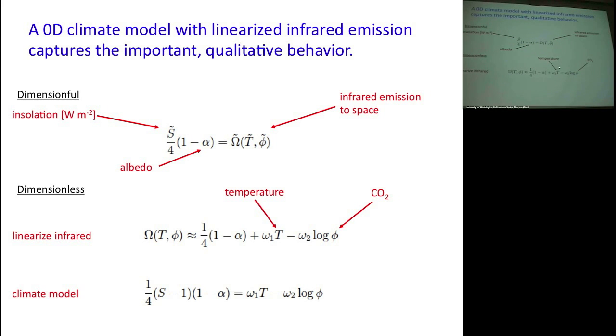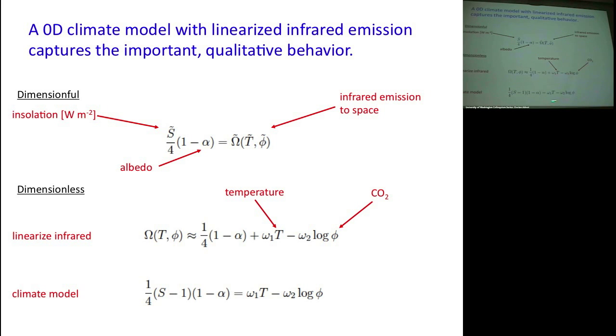And then I capture, if I increase the temperature of the planet, I'm going to want to emit more radiation to space. And I capture all of that physics in this one parameter. And if I increase the log of the CO2, I'm going to emit less radiation to space. And I capture all that physics in this one parameter. So I only have 2 parameters for the radiation scheme. I grab those parameters from Ray Pierrehumbert's climate book, where he uses a radiative convective model and calculates their value.